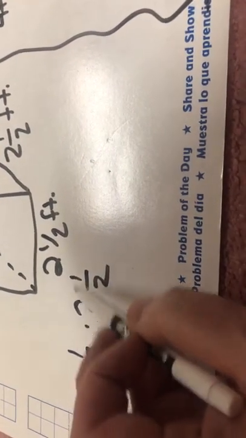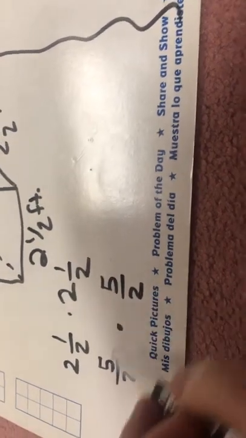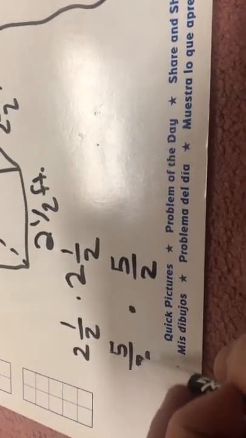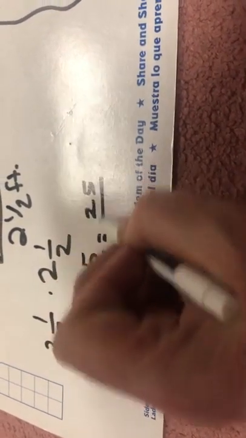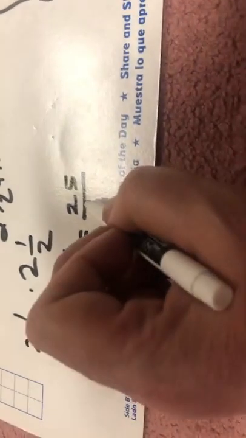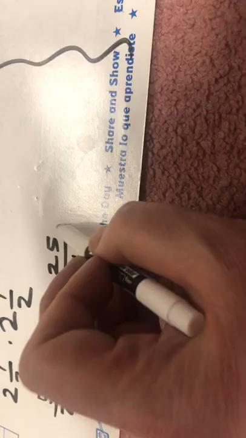2 times 2 is 4, plus 1 is 5. It's going to become 5 over 2. I'm looking for cross-checking. Can't cross-check a 2 and a 5 or a 2 and a 5. So I go ahead and multiply. 5 times 5 is 25. 2 times 2 is 4. 25 over 4 is in simplest form,